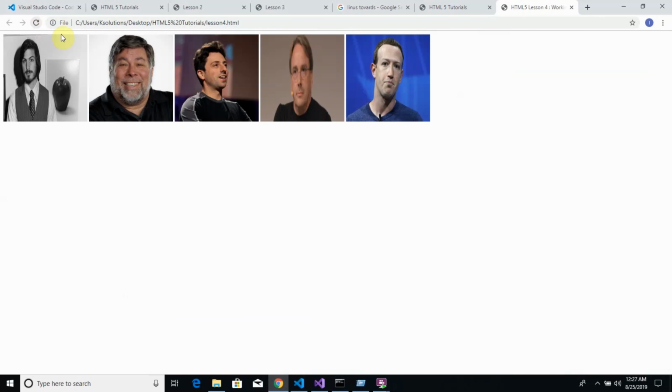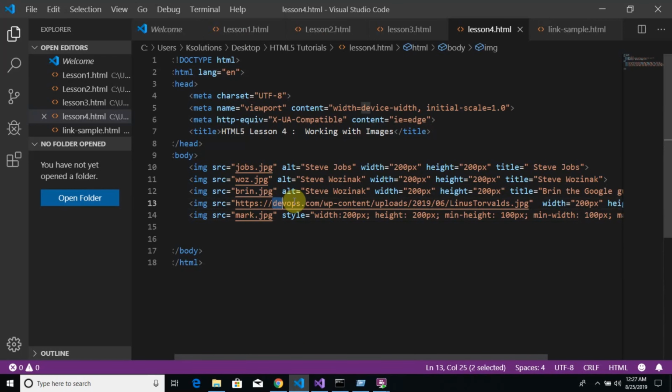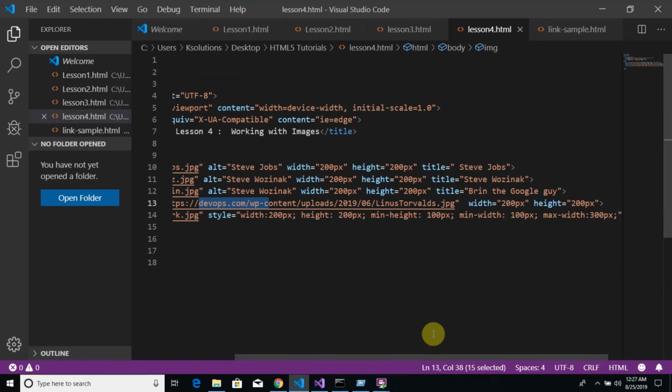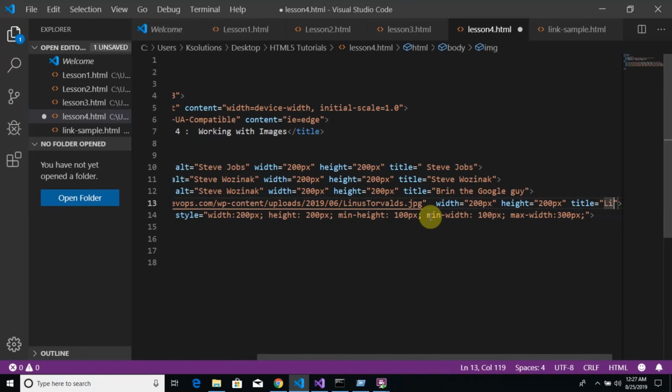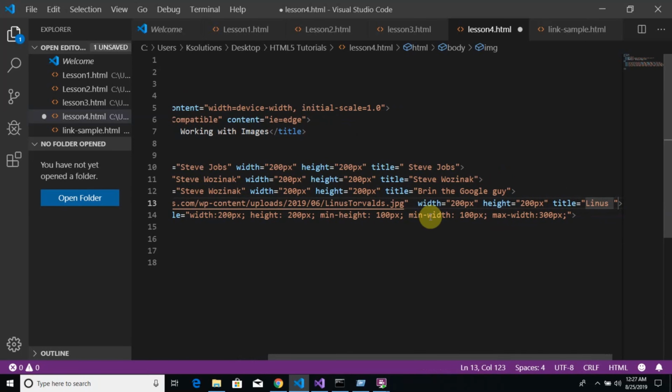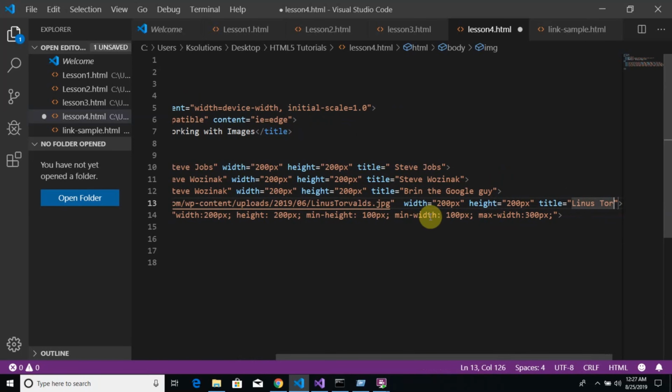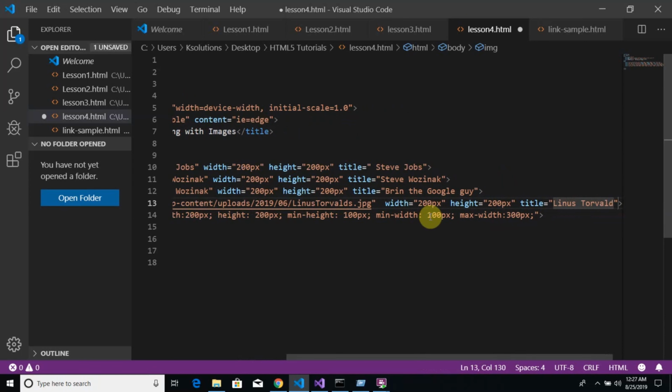So if you have that, you can have something like this. Alright, so still talking on images. We've done how to bring in images, how to reference an external image that is not on your page, that's from a remote server. So we're using it like devup.com, bringing my friend Linus Torvalds. So let's have a title. Let me have Linus Torvalds. So I have that. Now the next thing I want us to explore